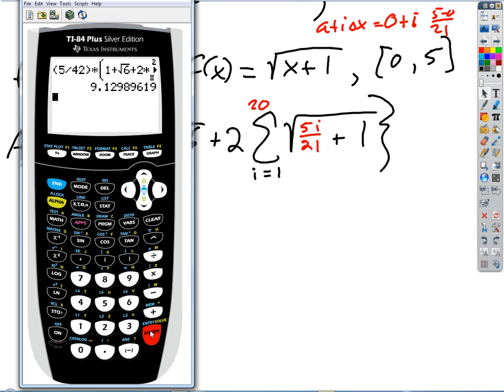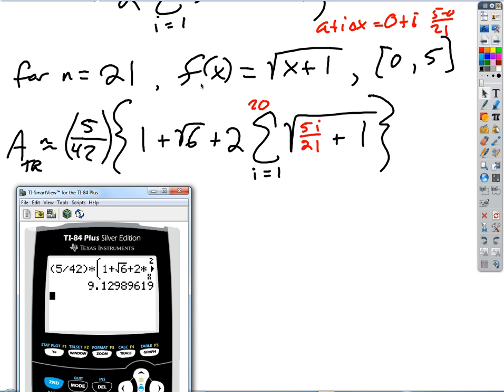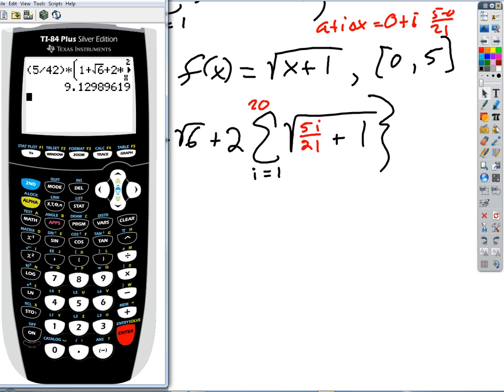Let's just see how good it is, just for curiosity's sake. How would I find this actual answer? I'm trying to find the area under this curve from 0 to 5 using the calculator's improved ability to do a numerical approximation. I could just graph the function, right? We've gone through that. Everybody's seen that, I think. We could graph the function and then do, well, let's just do it. So we could graph square root of x plus 1